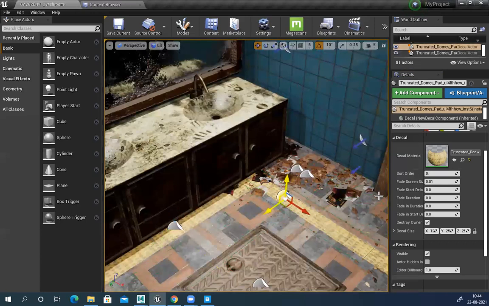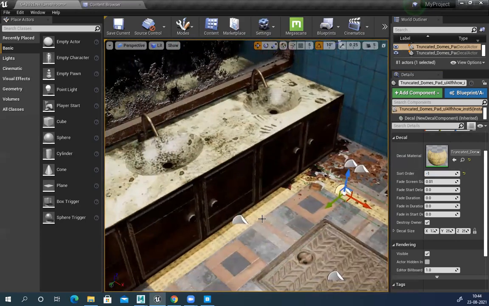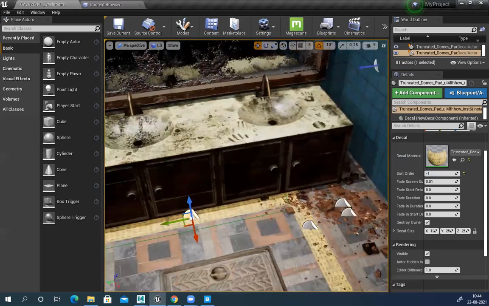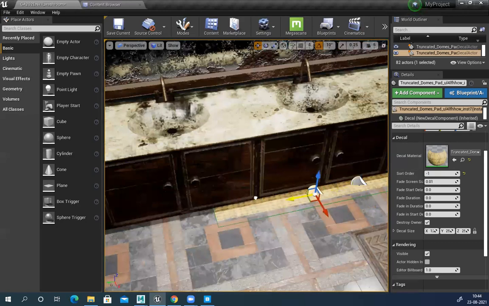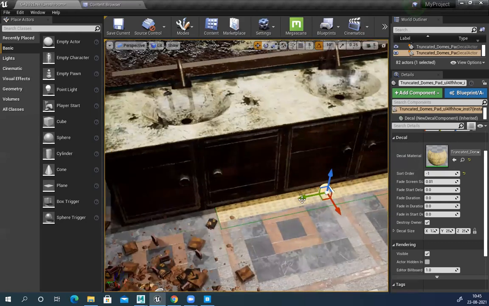Minus one, so I can see through all those things. See? So with layering, I can plan out nicely and add all these details, and these are all tileable.